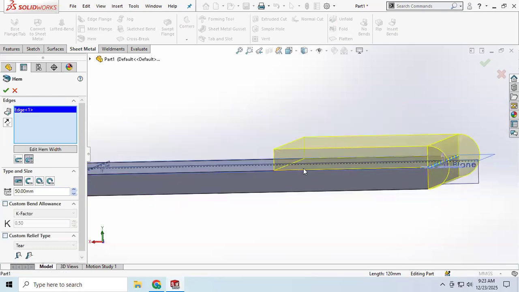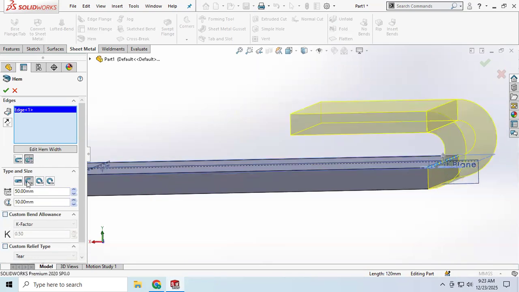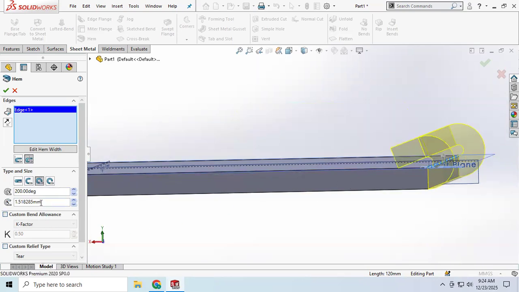In this case, we don't have any distance between them. If you use this hem, then in this section we have the distance between these options also, and this is my length also. And if you use a teardrop here, if you click the teardrop, in this section we have